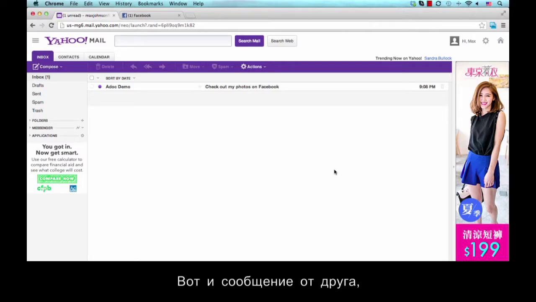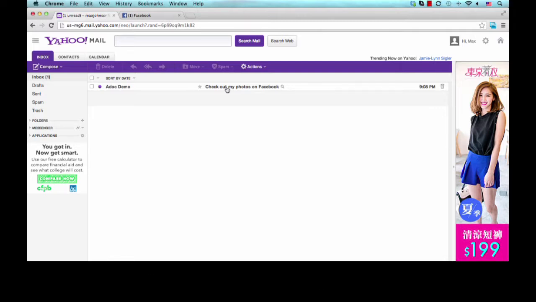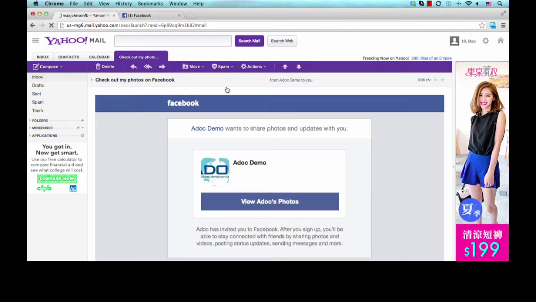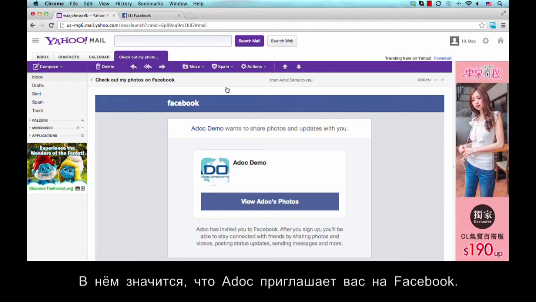I see a message from my friend, saying my friend would like to share his photos on Facebook. Double-click on the title of the message to load it. You can see the invitation in the message. It reads,